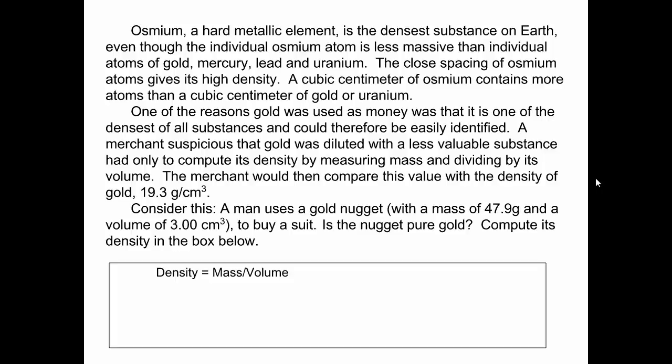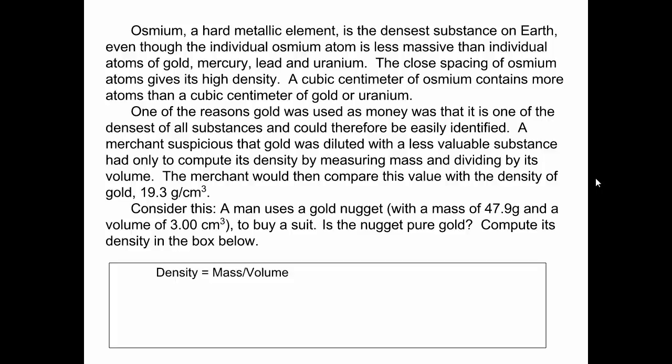Brian? Yeah, I can find the volume of this gold nugget. I can find the mass of this gold nugget, and look at its density. If it is pure gold, what should it be? 19.3